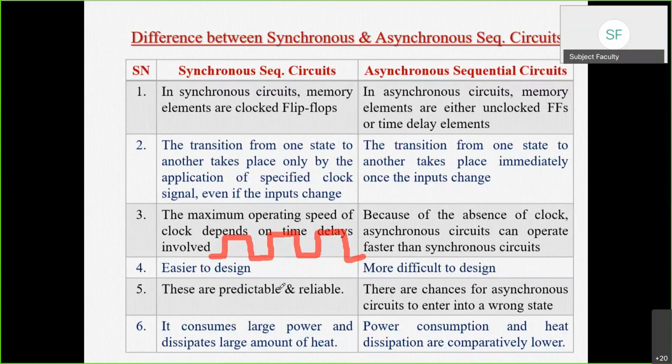You might have heard that whenever you're discussing the different parameters of your computer or laptop, there is one parameter, the clock frequency or the microprocessor frequency. That is basically a clock. And if you observe, its unit is gigahertz. Gigahertz is nothing but 10 raised to power 9. That means in 1 second, 10 raised to power 9 cycles are repeating. So from clock cycles you can determine the speed of your circuit.